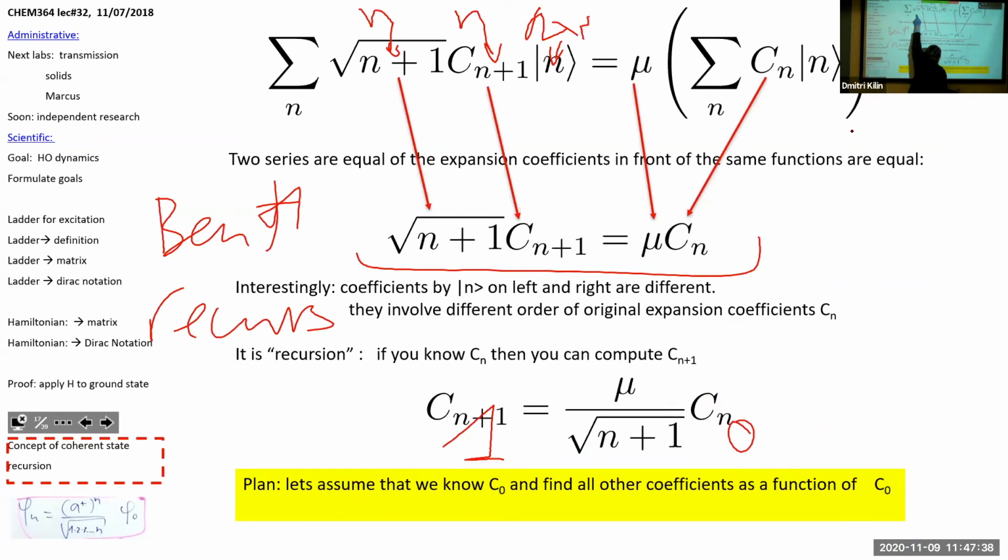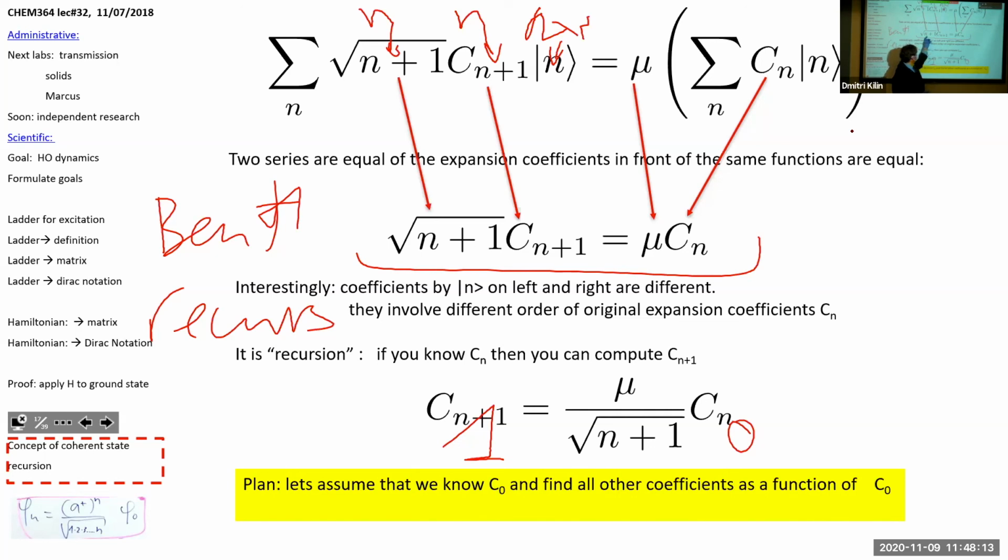And then in this expression, I do see that coefficients by the same basis sets must be equal by the rule of processing series. But here they are different. So here C sub n is multiplied by the eigenvalue, and here it is multiplied by this square root of n plus 1. So if we divide